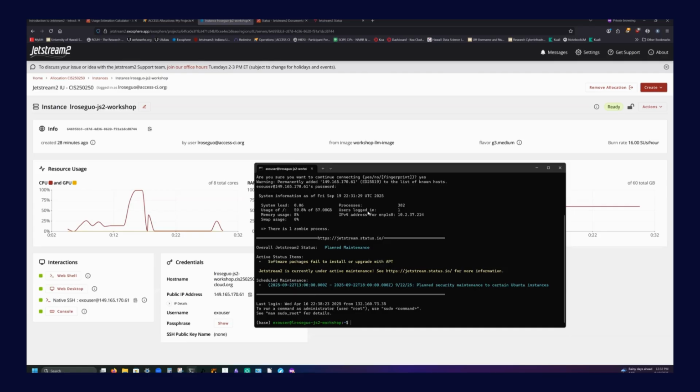I'm going to start running through the setup of the web chat interface. Depending on your specific application, this may have varying levels of relevance to the work that you're doing, but largely it's just an example use case to demonstrate what you can use Jetstream to be able to do. So here